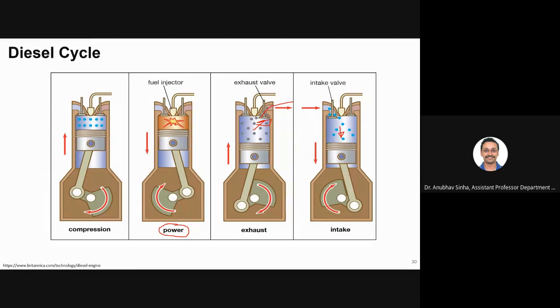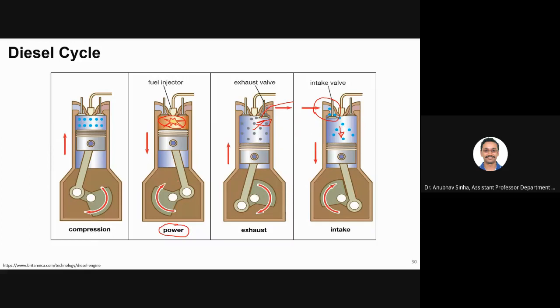So basically we are doing similar operations as we have done for the petrol engine. The only difference is that in the intake stroke of a petrol engine, we take both air plus fuel mixture. For diesel we take only air. There is no fuel here, and we inject fuel at the power stroke. We inject and the fuel burns. Another difference is that there is no spark plug involved. It auto ignites.